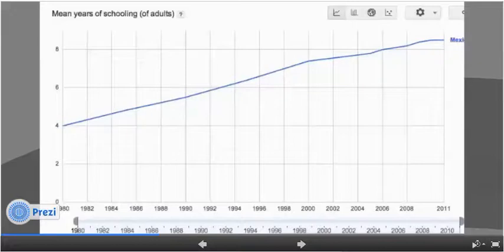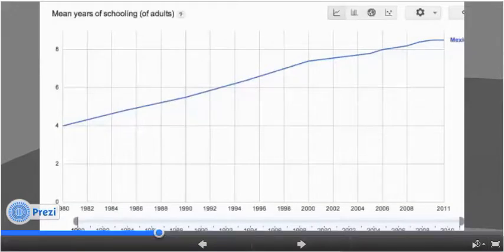And if you think about that, they have a similar education system as here in the United States: elementary, middle school, high school, and college. 8.5 years is completing middle school and maybe half a year of your first year in high school. So this definitely correlates to the poverty reasons. Perhaps these individuals aren't receiving enough education to better themselves in the workforce, and that's a reason why they're not receiving high income.